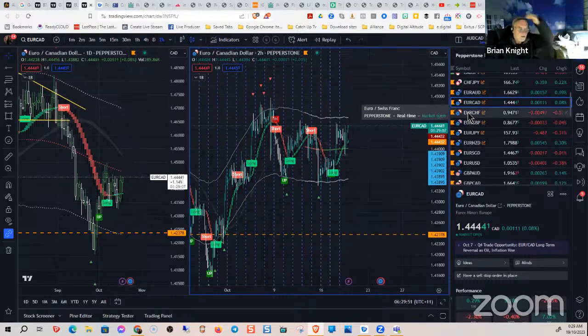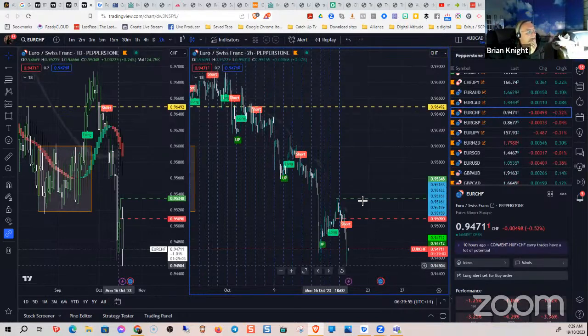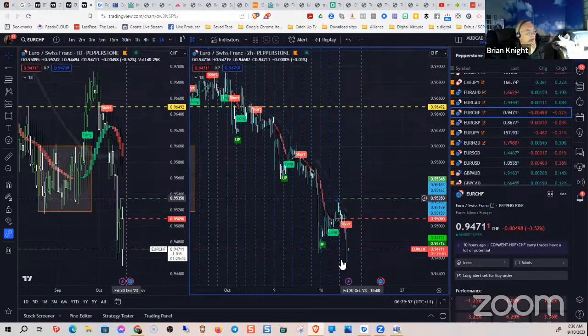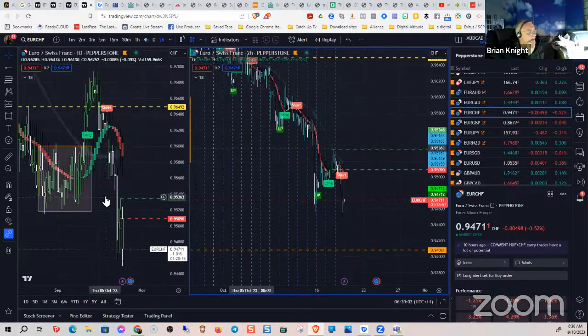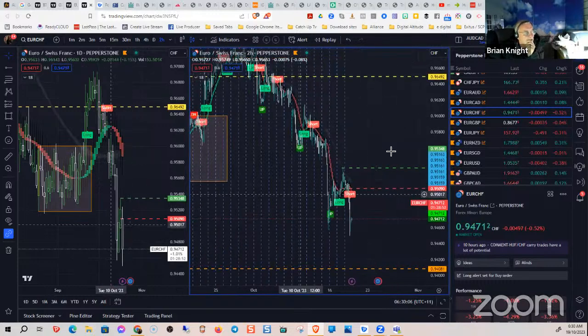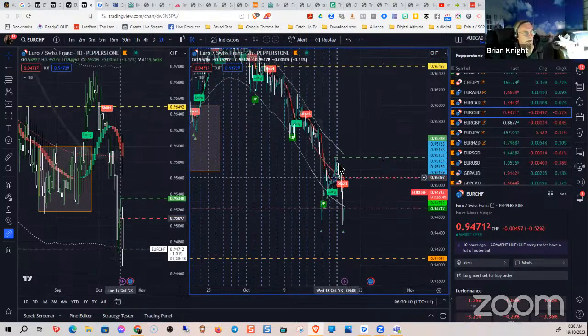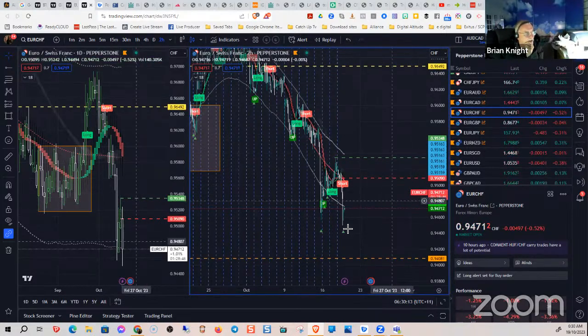Okay. Euro CHF. Oh. This was for a buy. It didn't make it. It went into a short. Look at it go down. So here again, this is where the Swiss franc is strong. The euro is weakened off. Look at it. See, it's pulled up for a couple of days and now it's just dropped out of the bottom again.